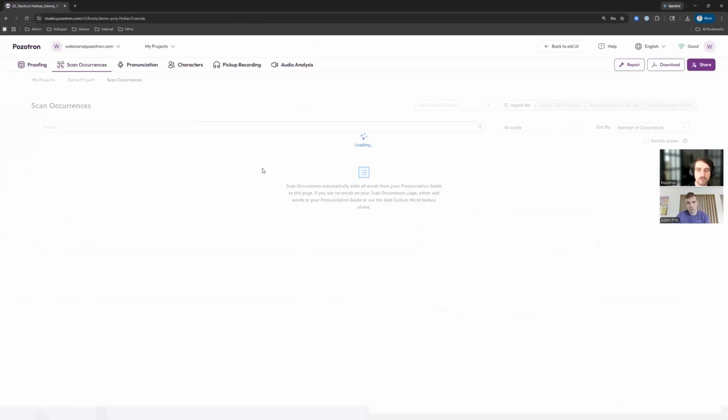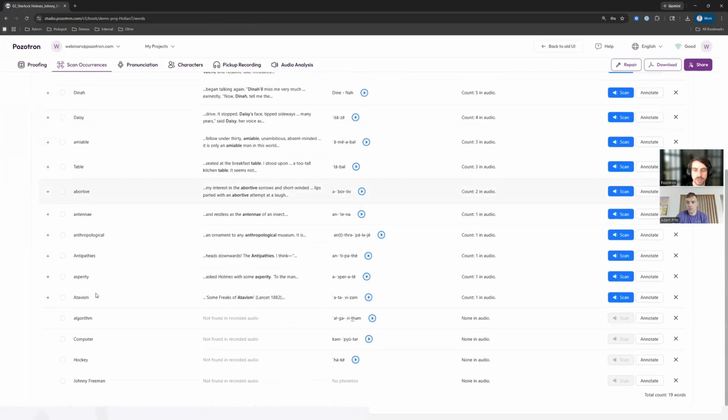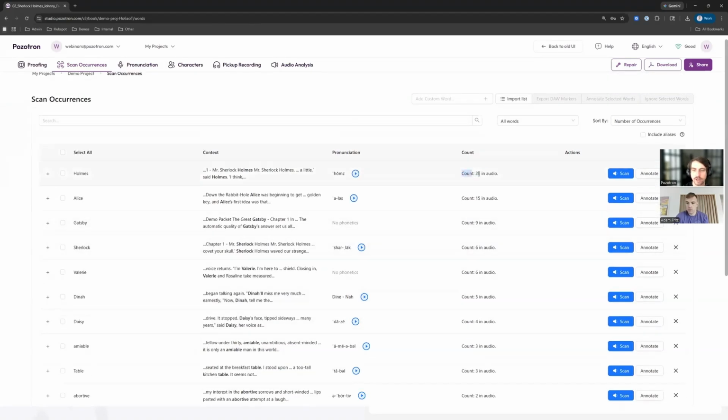But the scan occurrences tool is the last tool that's technically a part of the prep tools. This is a tool that is used primarily after you've recorded and during the proofing phase. But you can see it grabbed every word from my pronunciation guide and my character guide. And it's actually scanned my audio files. You can see Holmes was found 20 times in audio. And what this allows me to do is click scan,